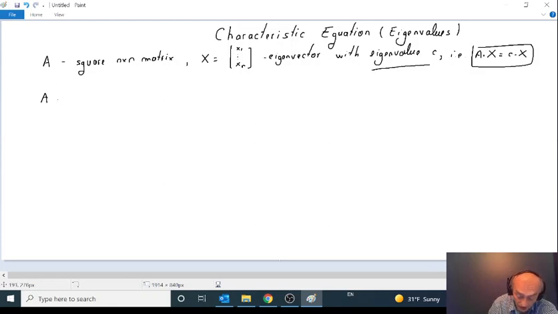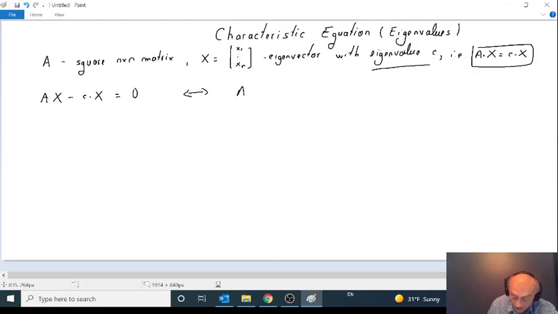So when you do this kind of thing, you are going to notice that you can actually subtract. So you can write the equation as A times x minus c times x is equal to 0. Now remember that in this case 0 is 0, 0, 0, 0, but I'm going to write simply the column, a big O to represent that 0 column. Alright, so when you get that, you can also write